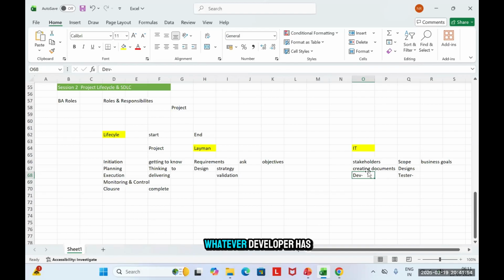The tester would see the document, what the expectation is, and then validate whether what developers have created is as per design or not. If not, then they will raise questions, they will raise defects, and that has to be fixed.